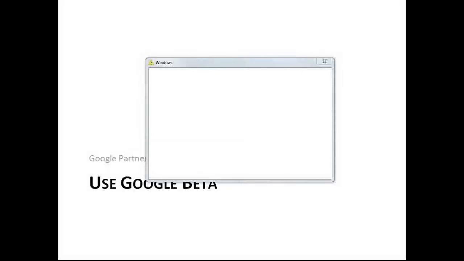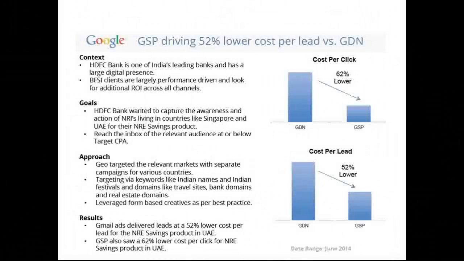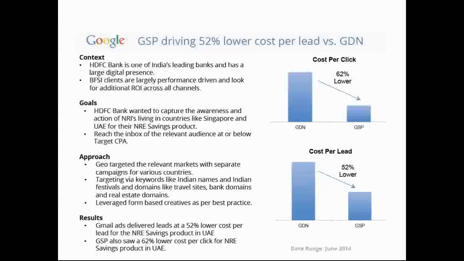If you have exceeded that spend limit as an agency within the Google book of business, Google rolls out new products within AdWords very regularly. So they can include you within the beta and introduce new products and new features within AdWords to use specifically for your client. There is a whitelist that gets rolled out, and you can become a part of it if you qualify. This is a great way to test out new products, and it also helps tremendously when you're looking at something like lead generation.